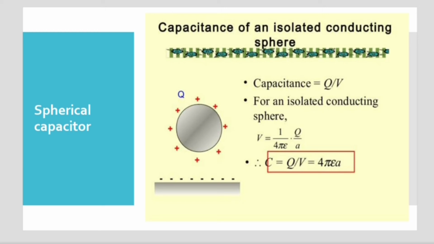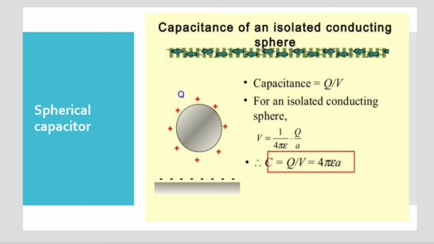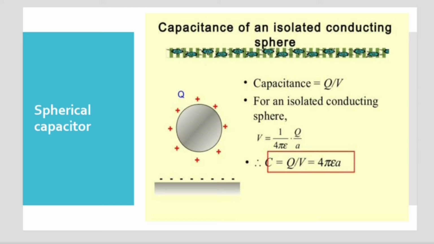Next, that is the first derivation. One more thing, we don't have a derivation for this formula because this is a defined quantity. Okay, so the first derivation is here: capacitance for an isolated conducting sphere. Here you can see I have given charge by this negative sheet to the sphere, so it will become positive. So it is completely positively charged now, right? Now we need to find out the capacitance for this. Let us think that the capacitance of this is C.